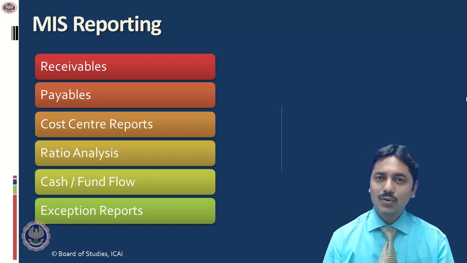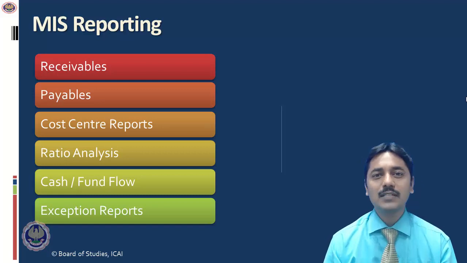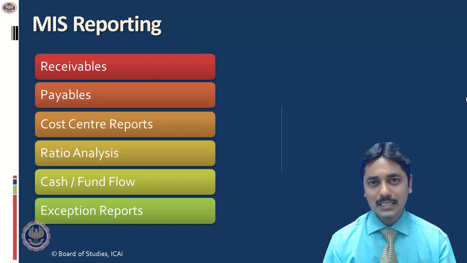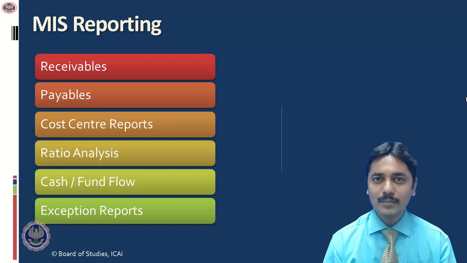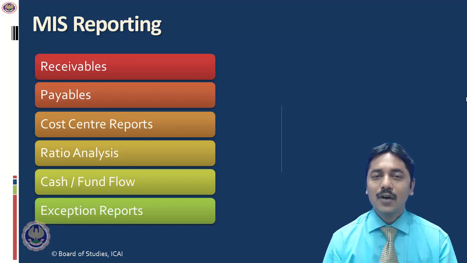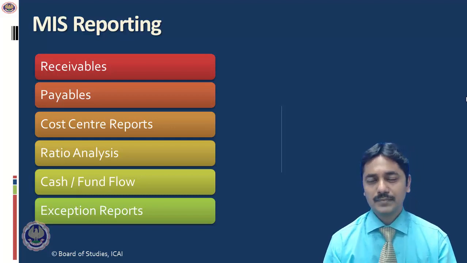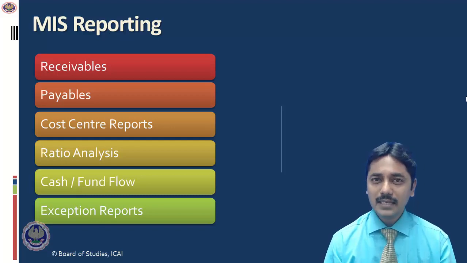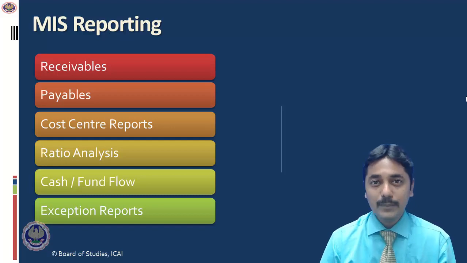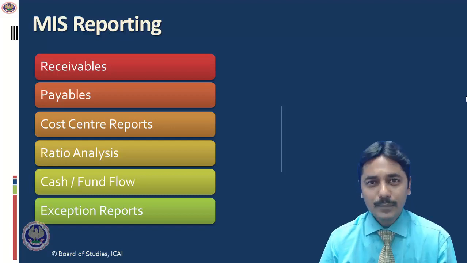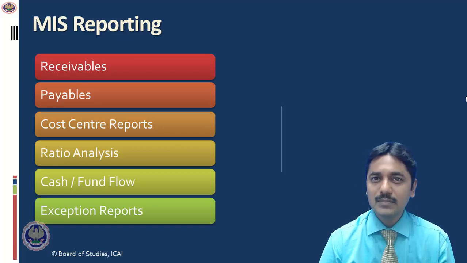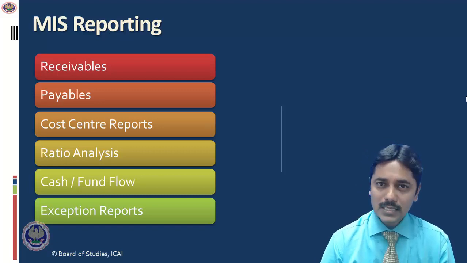Cost center, what is the cost center? We discussed that it is one more dimension for all the transactions, that is transactions of income, expenses, assets and liabilities. We can prepare vertical wise profit and loss and balance sheet using cost center reports. For example, we are dealing in three different segments: footwear, cement and gold. We can prepare a profit and loss as well as balance sheet according to these three segments.